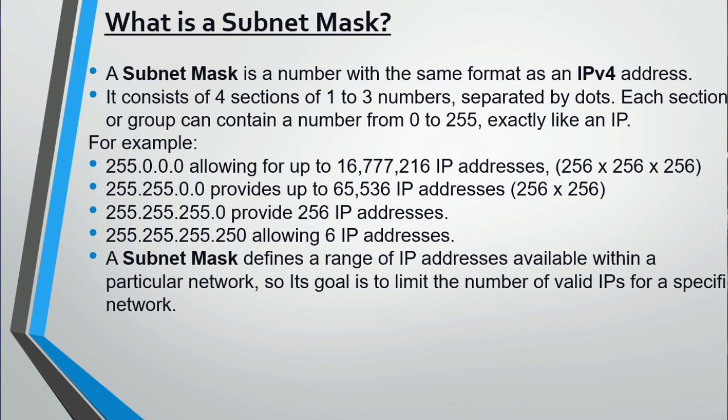What is a subnet mask? A subnet mask is a number with the same format as an IPv4 address. It consists of 4 sections of 1 to 3 numbers separated by dots. Each section or group can contain a number from 0 to 255, exactly like an IP. For example, 255.0.0.0 allowing for up to